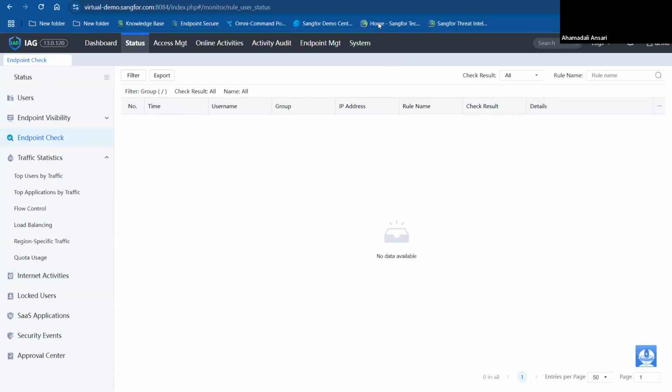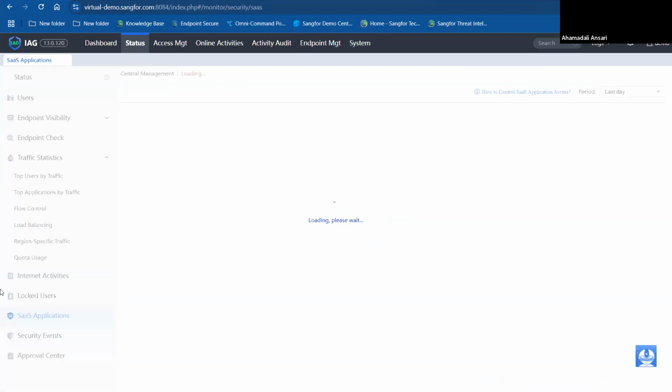Okay, so I have a few more questions. Okay, Abzal. What I can do is, you can send me individual emails, or in case you have opportunities where the customer is looking for an internet or web proxy, internet access gateway, and if he wants a secure internet access gateway, that means he is also looking for a NAC component. Definitely, we can easily add the NAC component with our solutions.